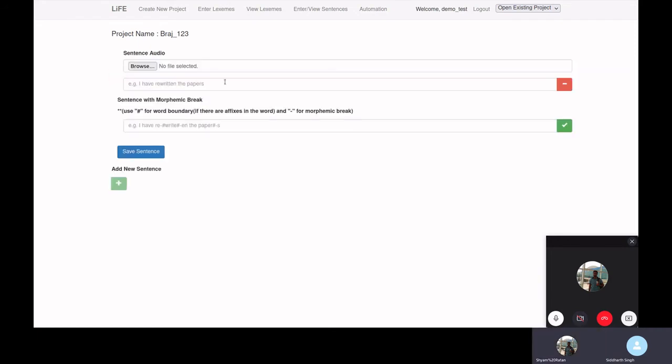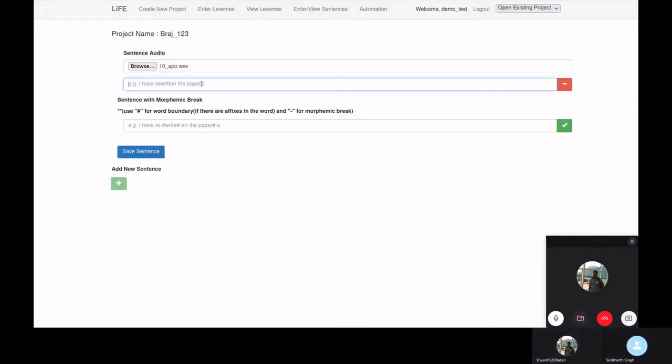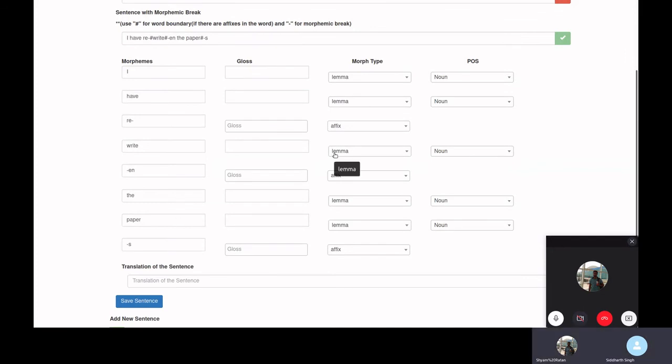So let's add the first sentence. You can add the sound file of the sentence, along with the details of the sentence which you are adding. Let's add the sound file and let's add a sentence. In the first input box you have to enter the sentence as plain text without any extra formatting, but in the second input box you have to put the morphemic break and use the hash to put the boundary on the root word, and click on this green button and it will generate a form